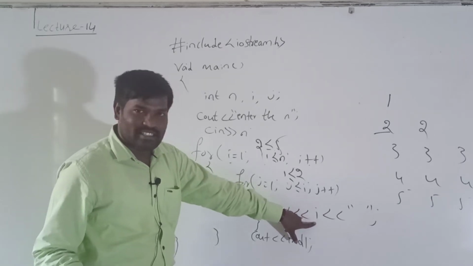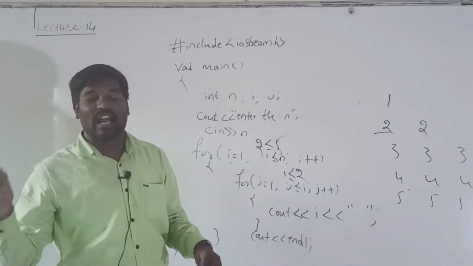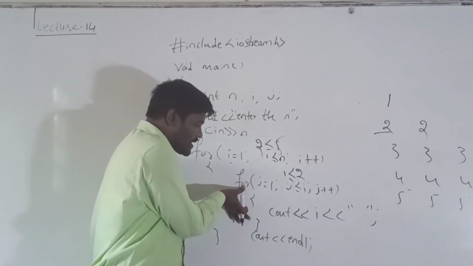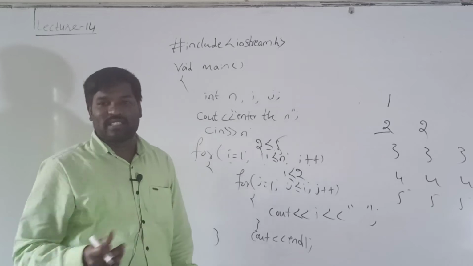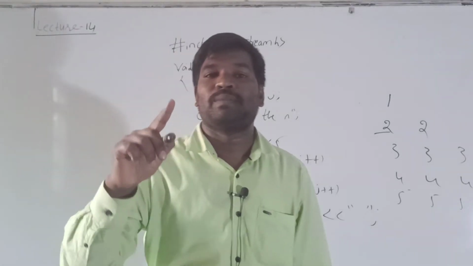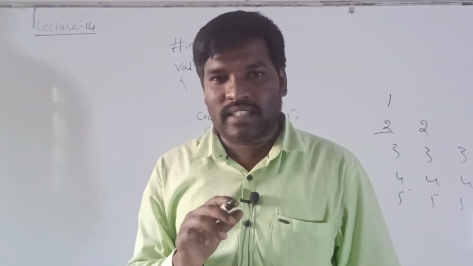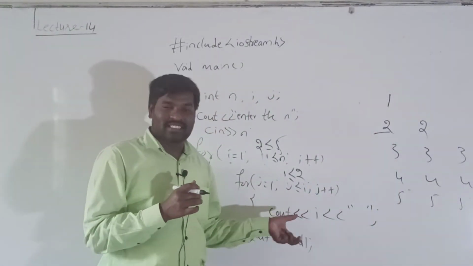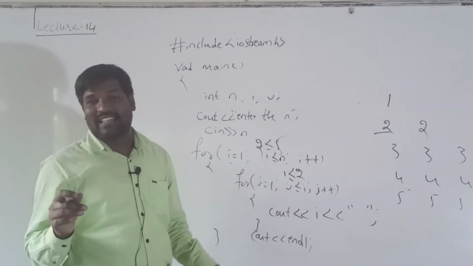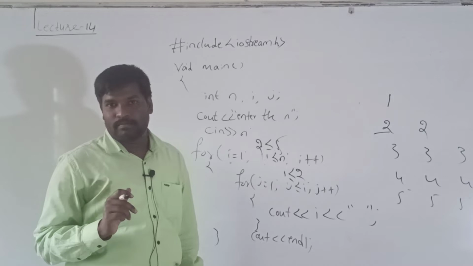Okay, here I is there means every time the I value will not change. The I value changes when the for loop becomes false. When the inner for loop becomes false, then only I will be incremented, the value of I will be changed. Otherwise I is as it is. If the inner for loop executes 3 times, the I remains the same only.